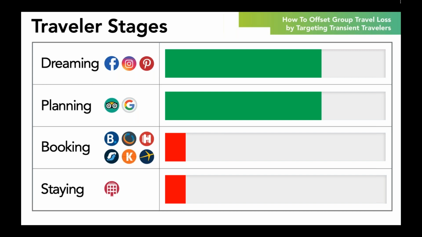And we know this is true because of the data of the low record occupancy that we've seen over the past month. So, with transient travelers stuck at home, they are concentrating more than ever on the sites within these dreaming and planning phases. Travelers with little to do are scrolling on social media sites like Facebook, Instagram, and Pinterest, figuring out what trips and places they want to explore first.